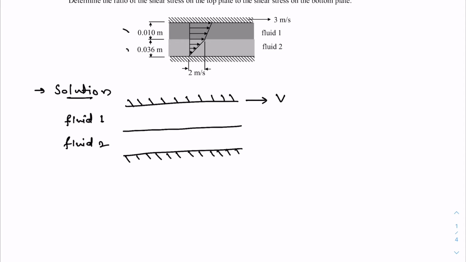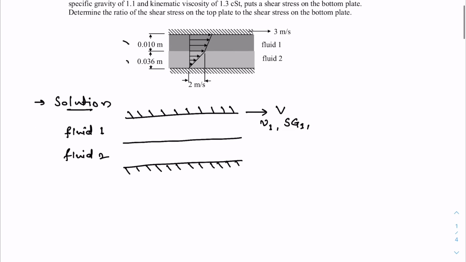Let's say the kinematic viscosity of the top fluid is nu1, specific gravity is sg1, and similarly for the fluid 2 it is nu2 and specific gravity is sg2, and this thickness is h1 and the thickness for the second fluid is h2. Well, this is h1, this is h2,